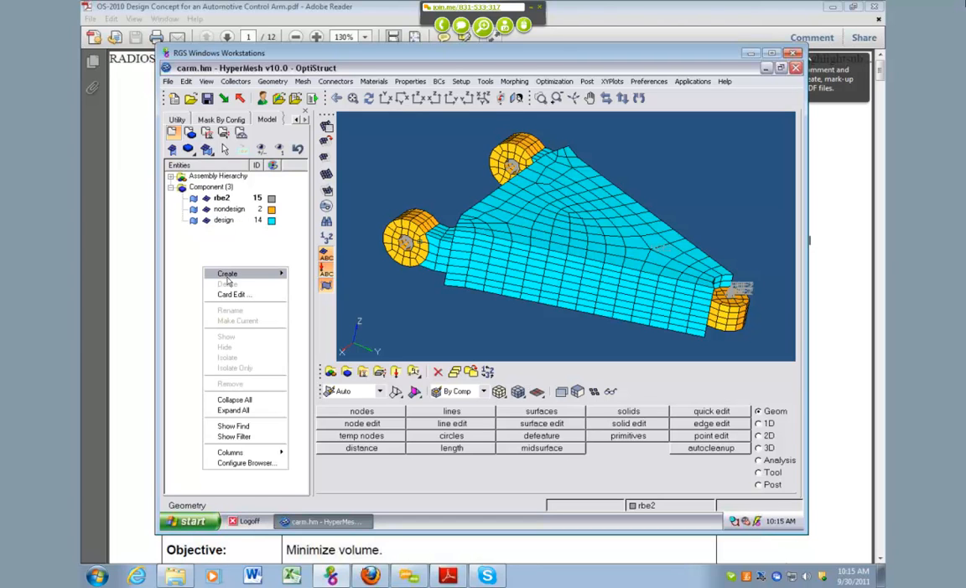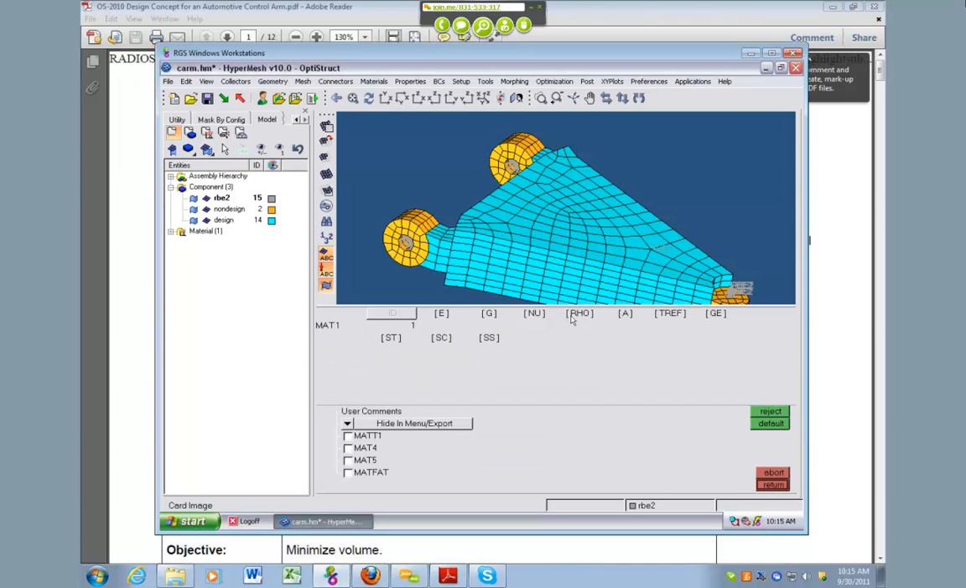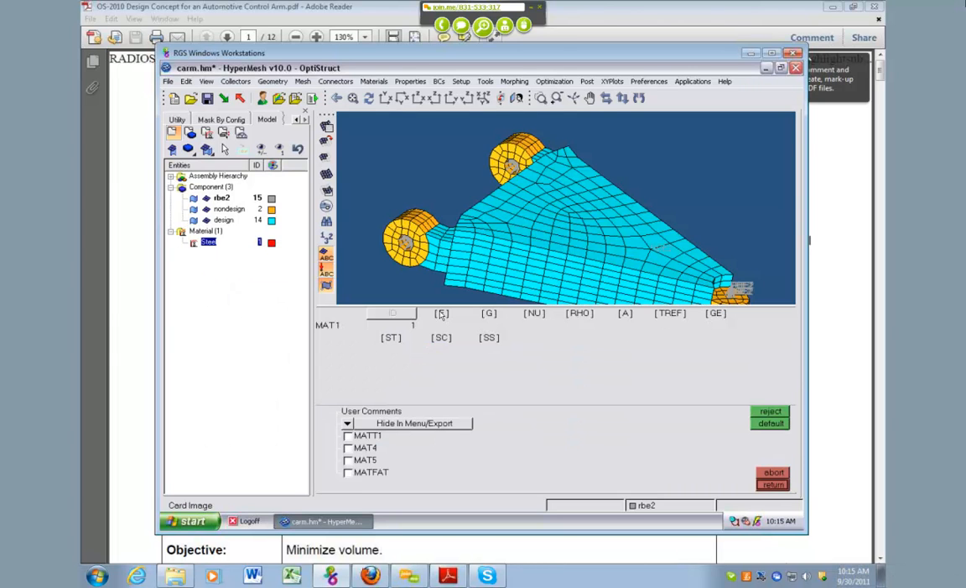So first we need to create materials. You right-click here and say Create Material. It says let's name it Steel, and we'll keep it red. Then it says make sure the card image is MAT1. And it says if you click create/edit, it'll bring up the card edit menu. If you don't do that, you can always just right click on Steel and say card edit, and it'll bring up that same menu. So now if you just click on E, then